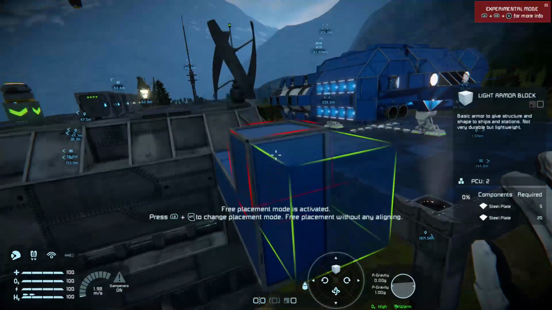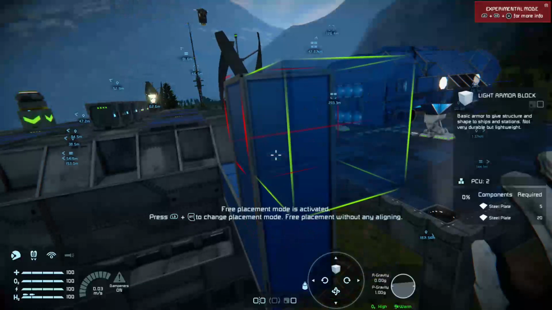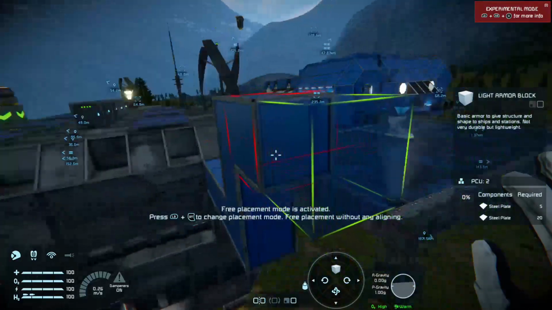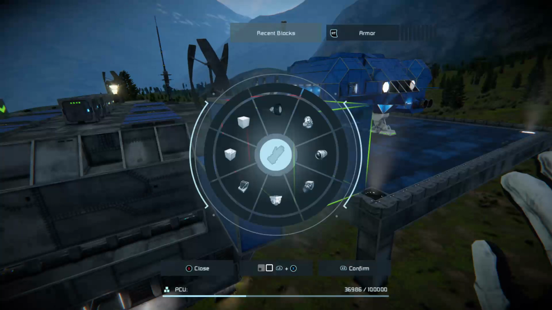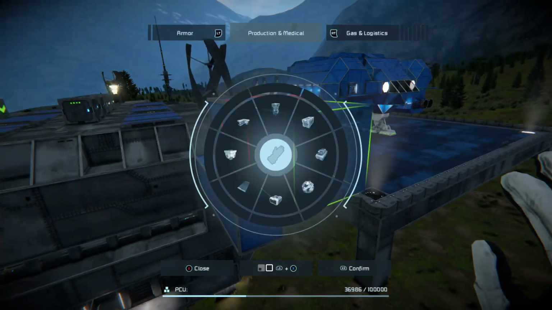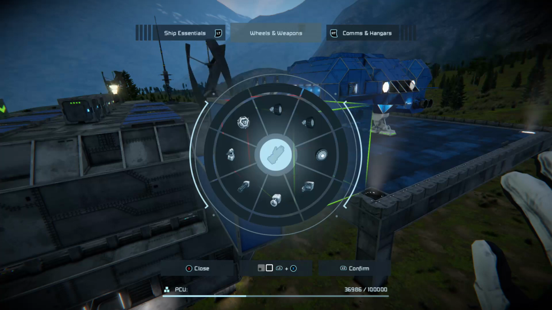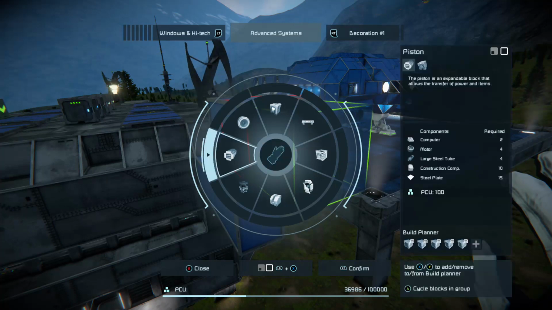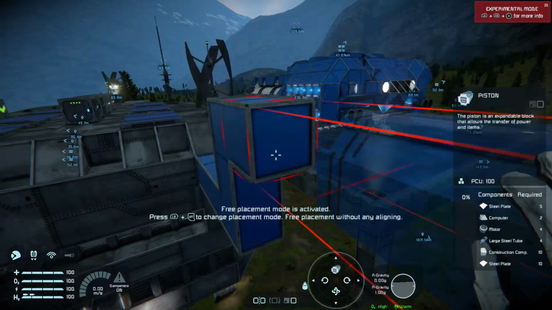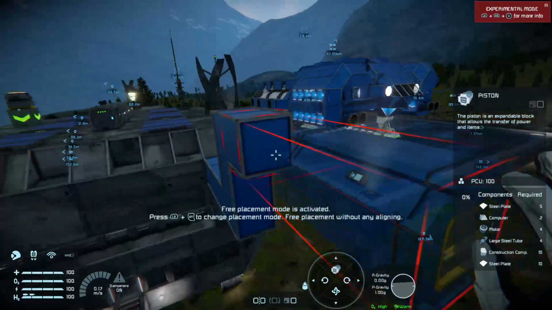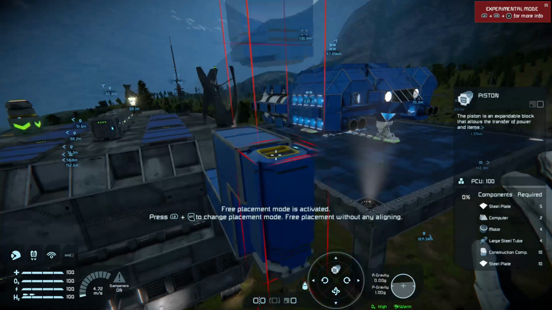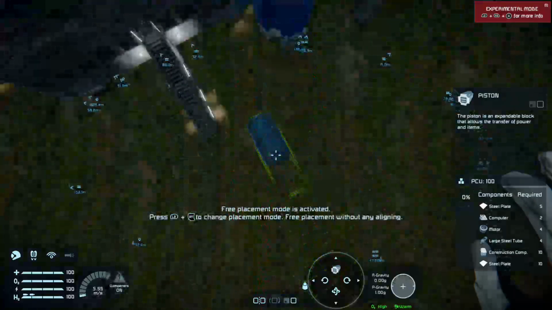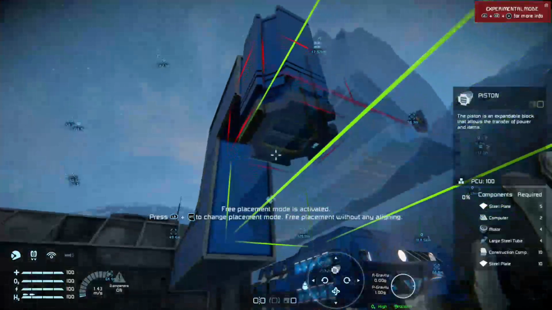Now, even the most stable drill rig can be created with shear inertia tensor. So you have a piston, and pistons have conveyors on them, so you can link up pistons together because they also have conveyor parts.